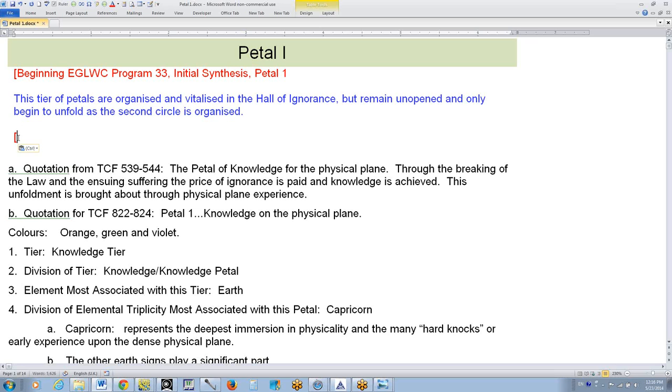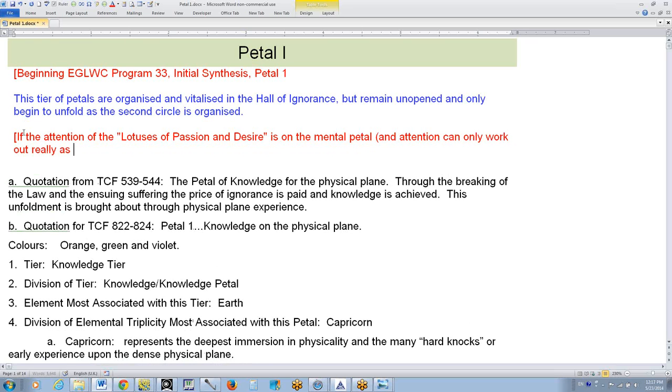If the attention of the lotus of the passion and desire is on the mental petal, and attention can only work out really as organization, or learning the skills associated with the petal upon which they are concentrating,